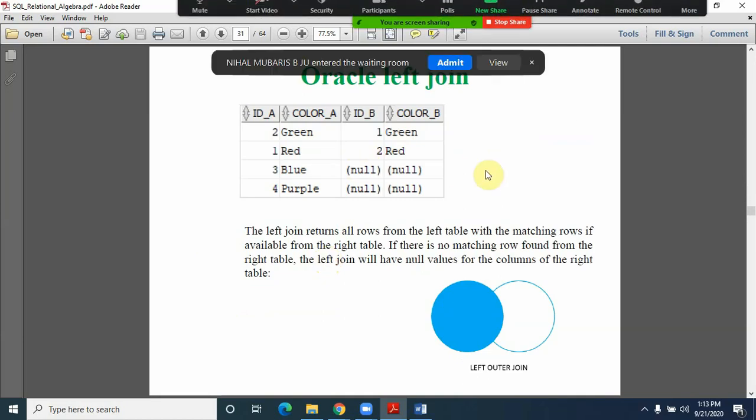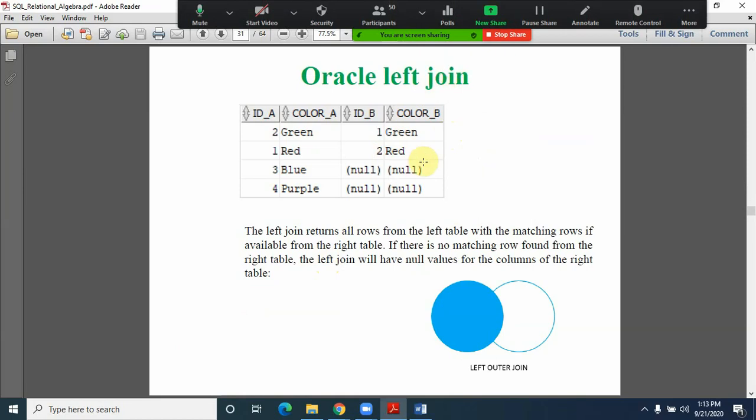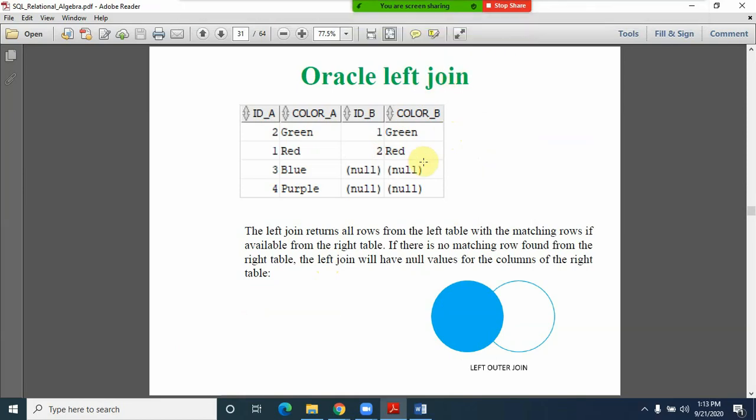You can observe clearly the distinction between inner join and the left outer join. In the first type of join, based on the equality of the condition from both tables, the records which are equal in both tables got outputted.